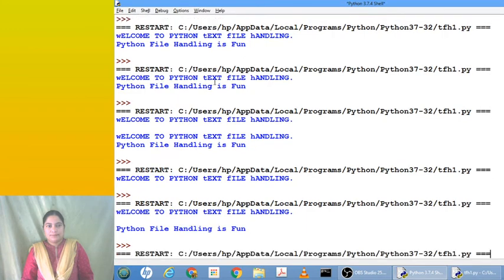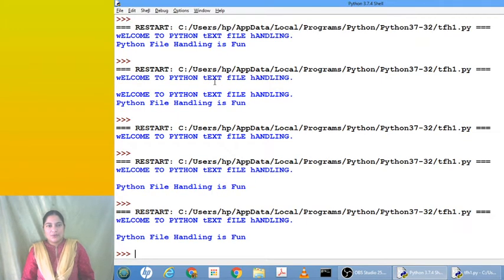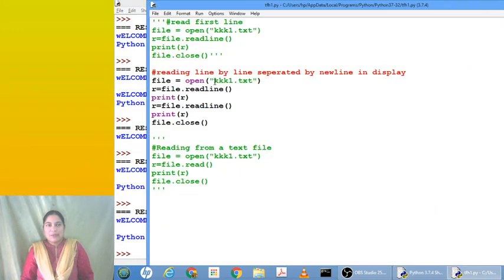Now line by line is separated, but if you want to read only the first few characters, the first 5 characters, how do we do that? Let's go ahead and perform the reading operation, that is character by character.